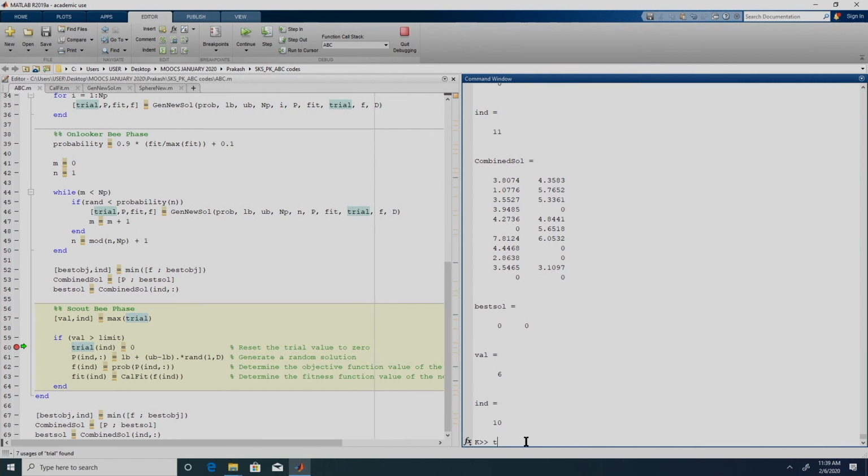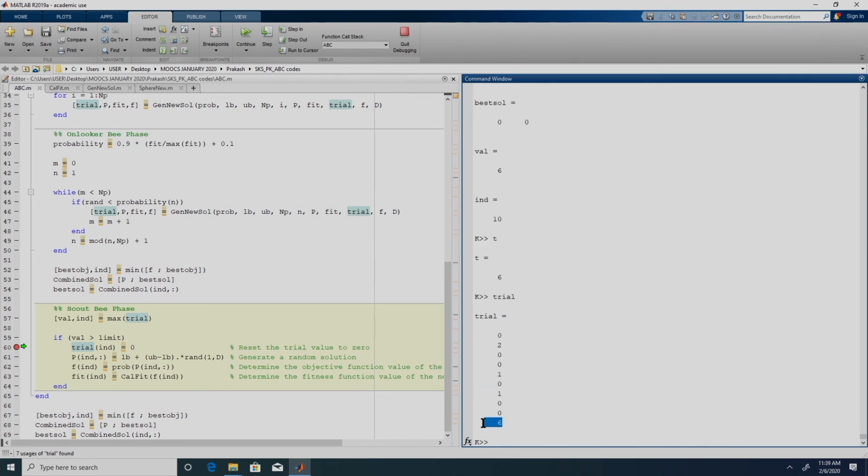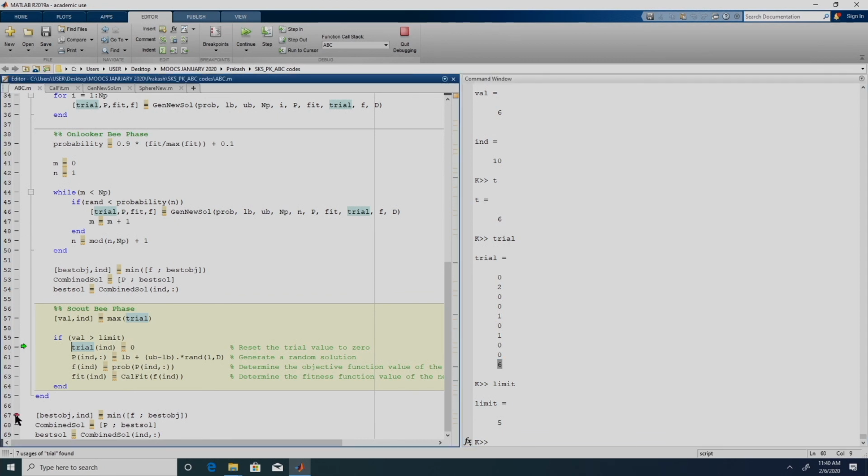So now if we continue this, remember we had a scout B phase in the 4th iteration, again in the 5th iteration we did not encounter the scout B phase, and in the 6th iteration again we have a scout B phase. So in this case the 10th solution has exceeded the maximum number of failures. The maximum number of failures is 5, so this has exceeded 5, and we will have to replace that solution. We will not again go through this scout B phase because it is fairly simple and we have done it in detail. So, let me remove this breakpoint and put it over here.